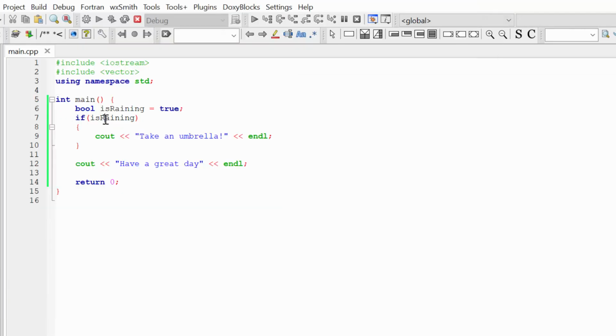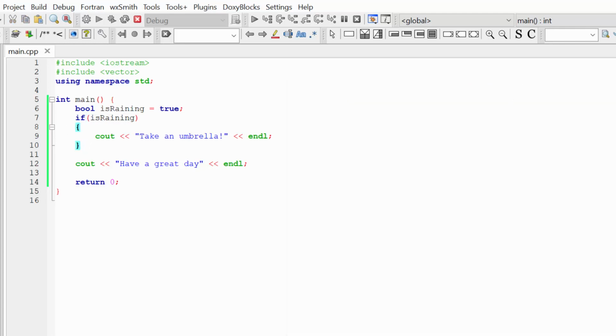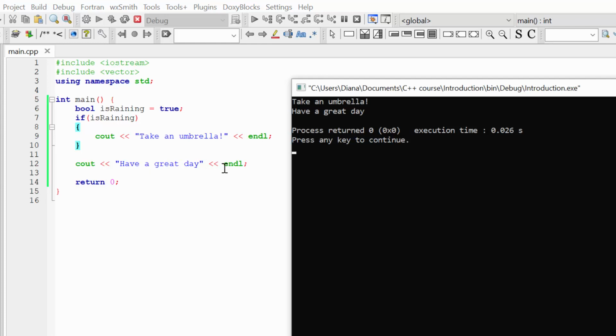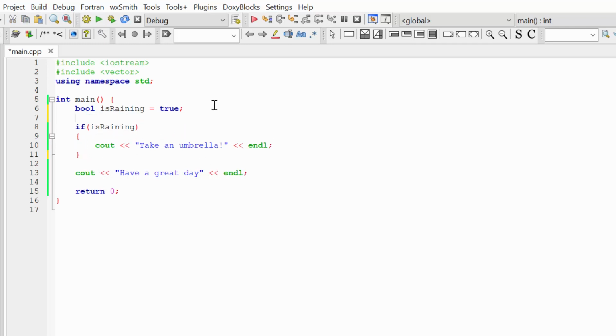You can see that since our statement isRaining is true, we execute the code in these curly brackets, and then we execute the next line of our code. So if, for example, some piece of the code in your program is optional, of course I can write this code like this: if it's raining, write this string, and if it's not raining, do nothing. But instead of this, I can just write my if, and if the condition is true, the piece of the code inside of the curly brackets will be executed. And actually I can create several ifs like this. You are not limited by the quantity.